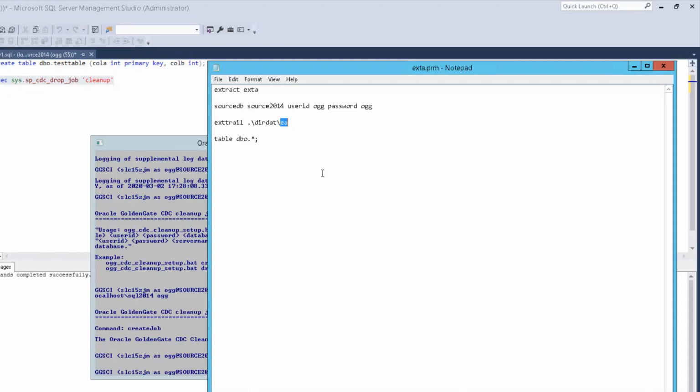And this will be the trail that the replicat process that I create later will read from to pull the data back out and write into the target database. So I've told it which table I want to capture from. In this case, I've listed the wildcard, but since we only have one table in this example, I could just list that one table. Okay, save,